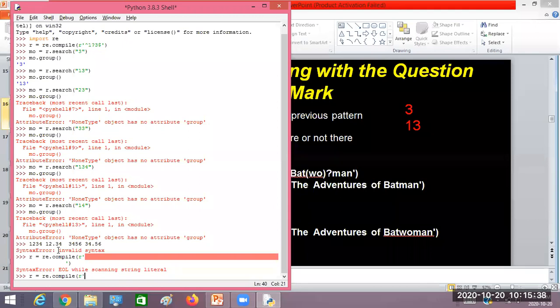Match a digit: slash D. Slash D, you can use, or you can use a character class. Slash D is also a character class. Another type of character class is 0 to 9, any digit between 0 to 9. So you can use this, or you can use this one. Now how many occurrences do you want?